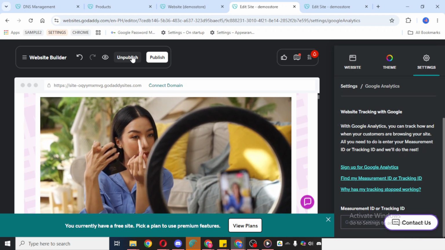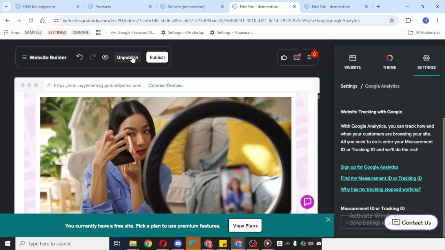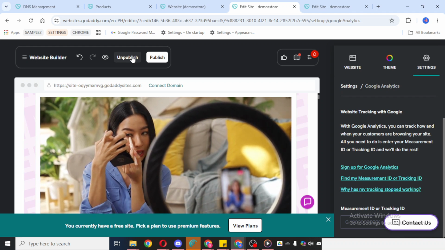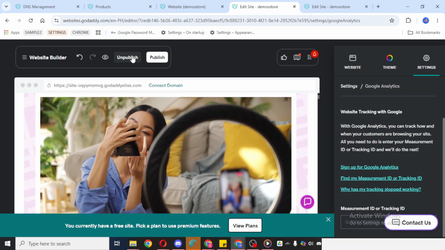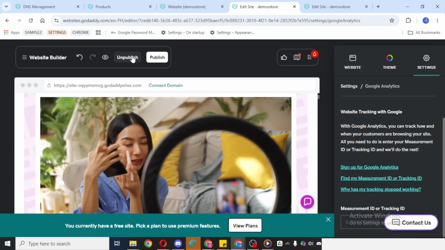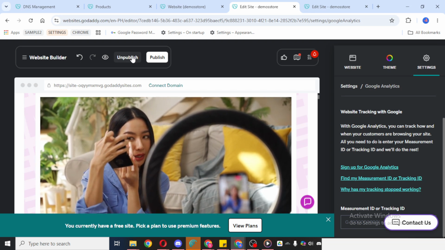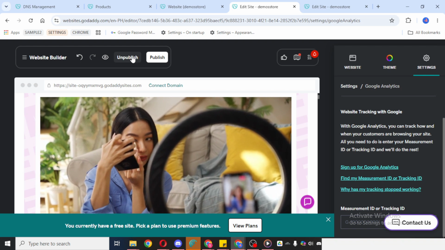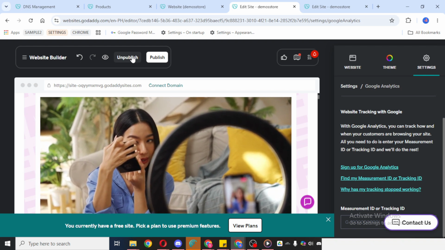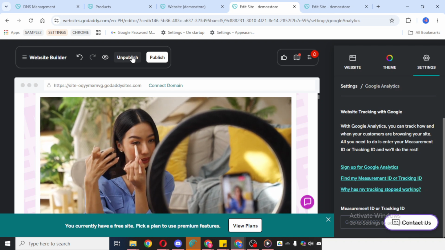And that's how you pause your GoDaddy website. It's a fast and useful way to temporarily remove your site from public view without losing your work. If you plan to bring the site back later, unpublishing is often the safest option because your content stays in place inside the editor. Just make sure you confirm that the site has been unpublished successfully before leaving the page. That way, you can be certain the change has gone through.